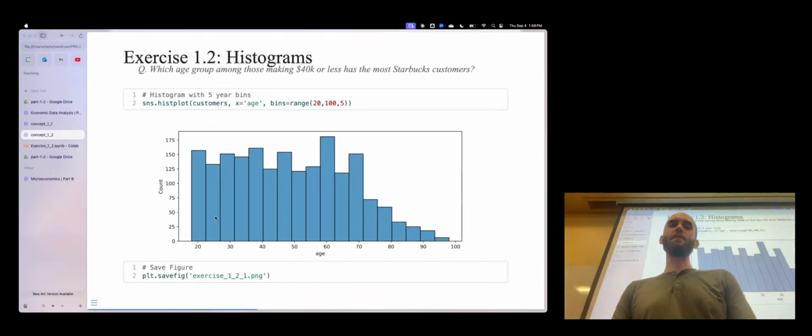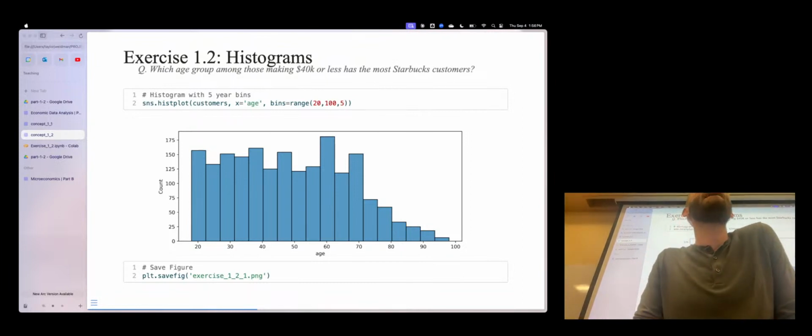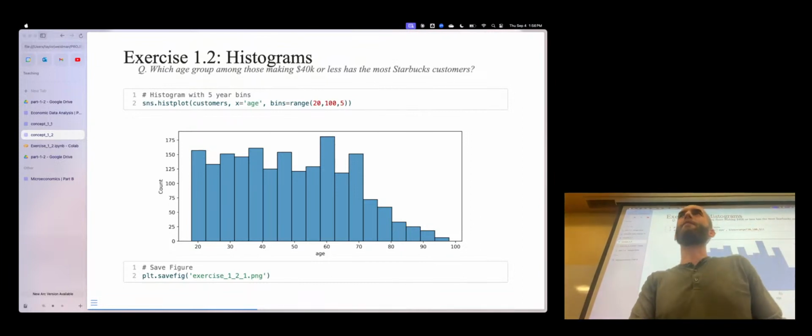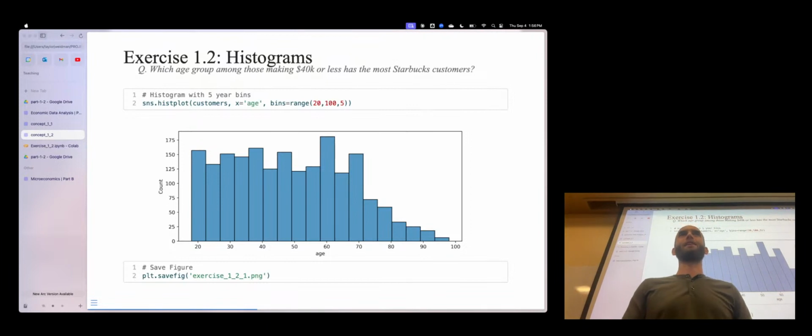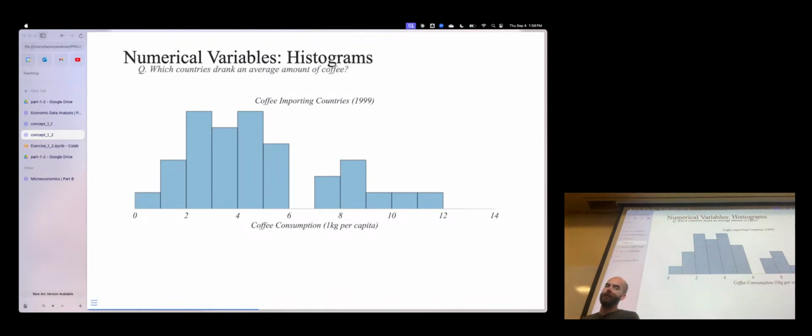All right, so this is one kind of summary of a numerical variable, but there are others. I'm going to show you probably the second one that you should go to most commonly. How many of you have heard of a box plot? Yeah, nice. Very common. If you haven't, I'm about to show you what they look like and how to read them. So another kind of data set we could be looking at is data from coffee importing countries on